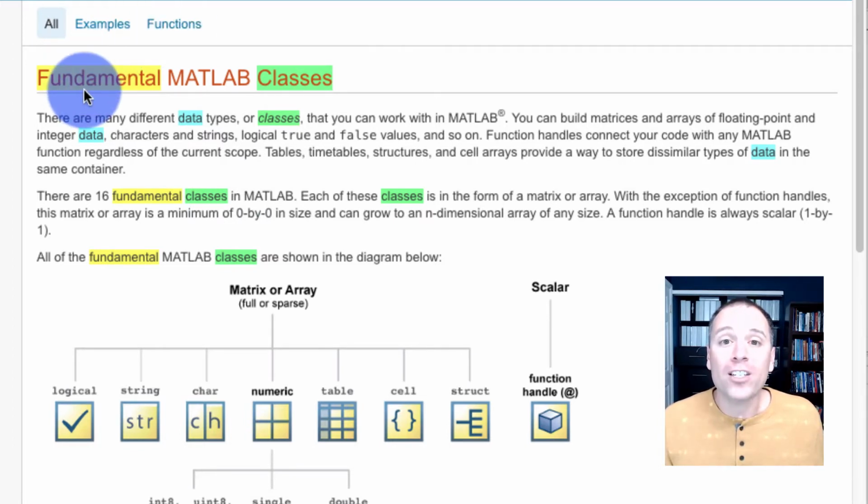One kind of fun feature of this documentation, notice my search query read fundamental data classes. We found this documentation by clicking on the top search result from that query. And notice that each of the search terms is highlighted in a different color. So fundamental is in yellow, data is in blue, and classes is highlighted in green. That allows me to relate my search query to the actual documentation that I'm reading.